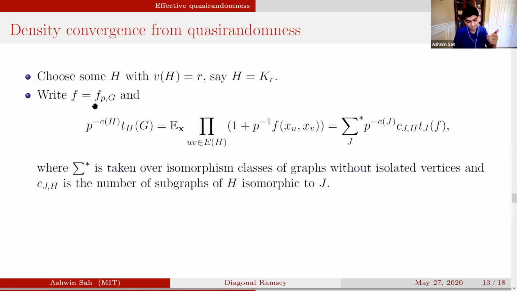Let f be this graphon, which is the deviation of G from quasi-random. So what we ultimately want to show is that this graph density, this t(H, G), is approximately p to the power of the number of edges of H. So what we can do is look at this quantity on the left-hand side and expect that it's close to 1. And again, there are lots of technicalities, but that basically allows us to deduce a bound on the Ramsey number, if we can do this for Ramsey graphs. What we can do, we can write out what this graph density is. It's an expectation.